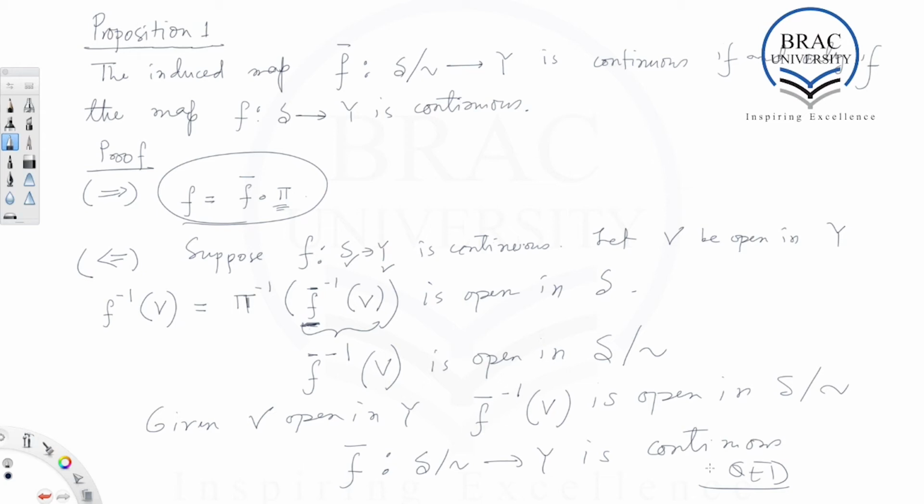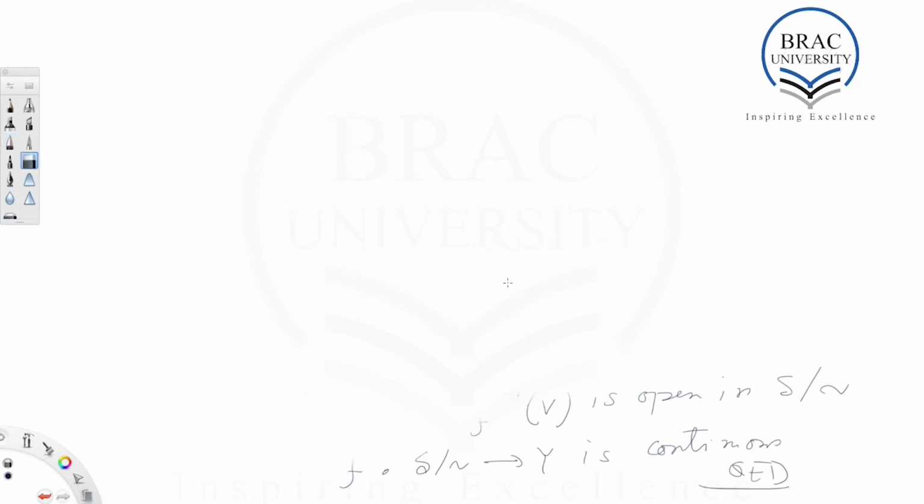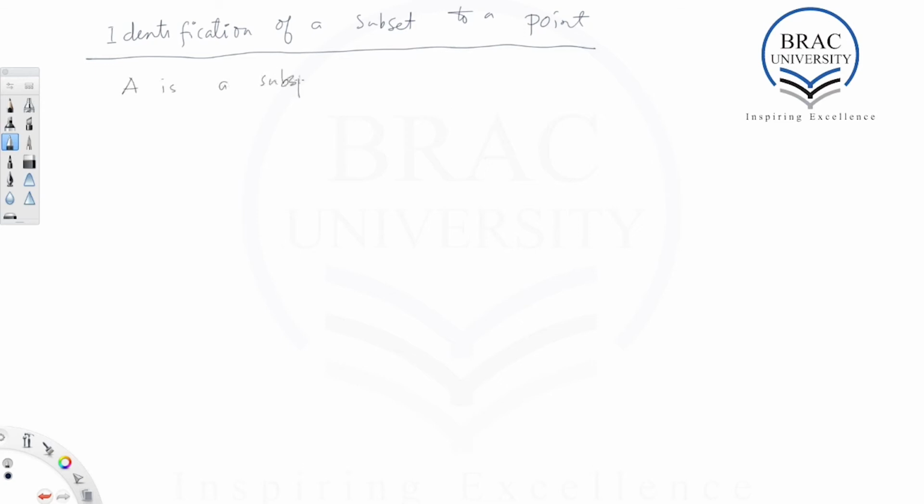Now, identification of a subset to a point. So we can construct new topological spaces in this way. Identification of a subset to a point. We start with the fact that A is a subspace of a topological space S. So we define a relation twiddle on S in the following way, by declaring